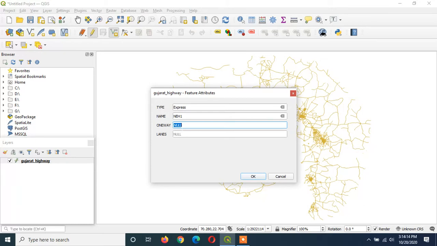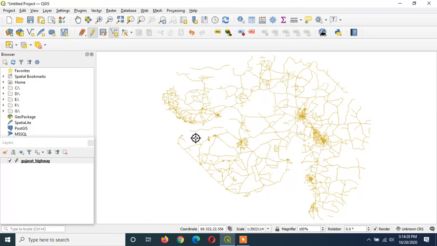Whether it is one way or not, it is not one way, so I am writing no. Number of lanes, you may enter the number of lanes. Here I have entered 4. Click on OK. So this new line data is added in your vector file, and you can save this layer